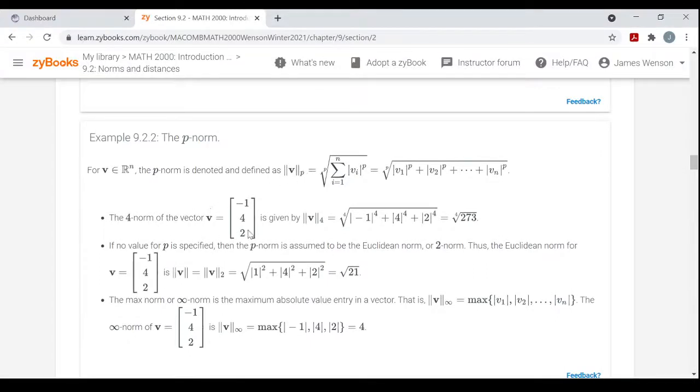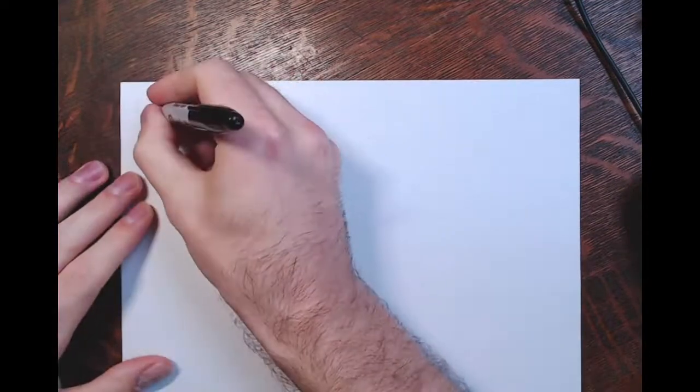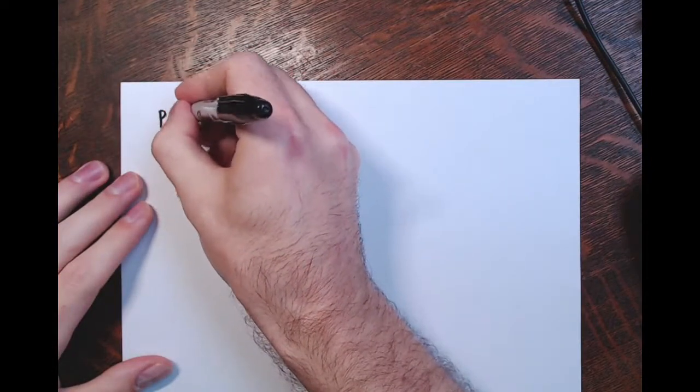Alright, so they give you examples here. So I'm going to go with some paper and write some of these out. Show you step by step these p-norms. So again, the p-norm